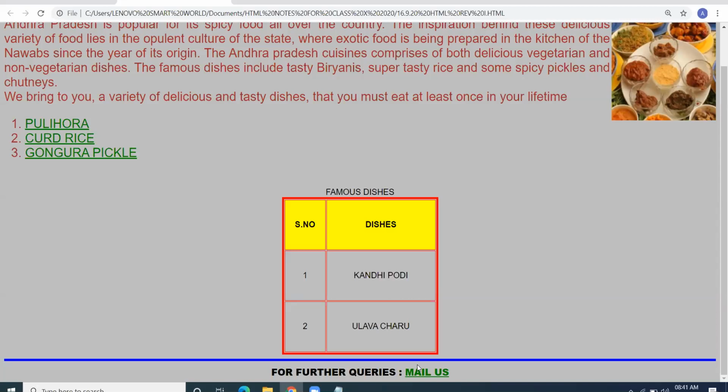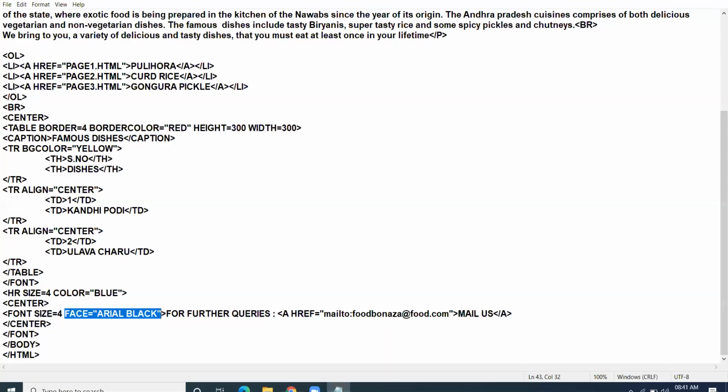For further queries is normal text. The hyperlink mail us is associated with the email foodbonanza@food.com. This is the email ID to which my web page is connected.